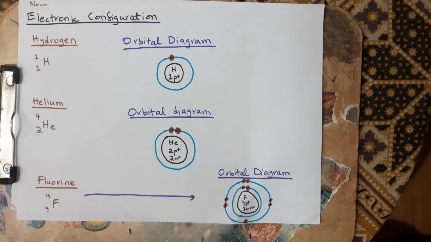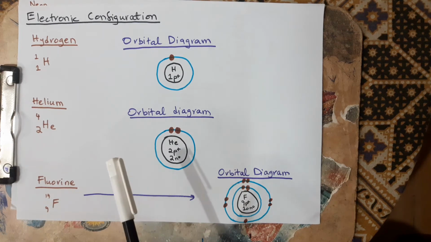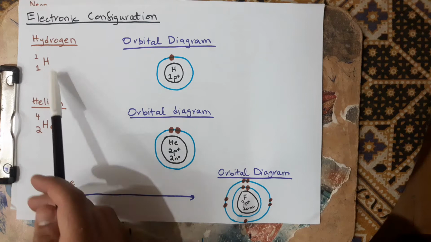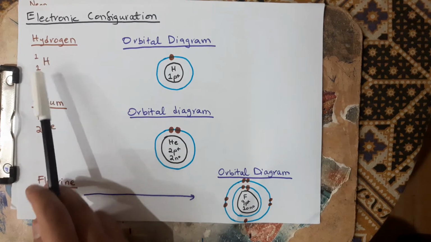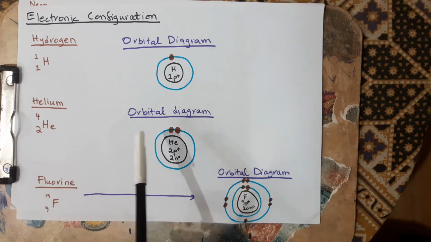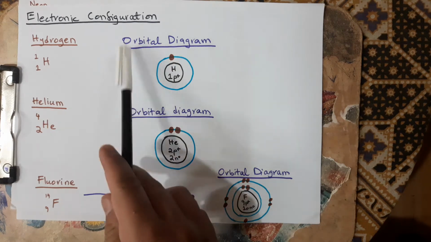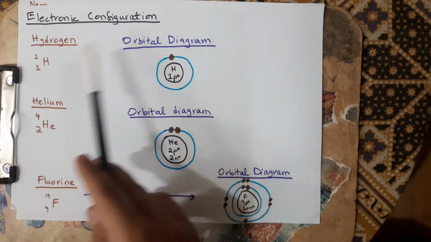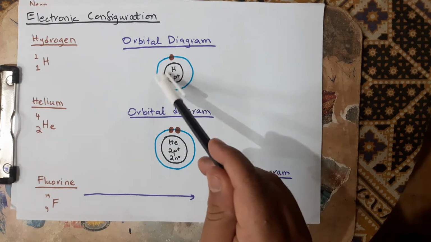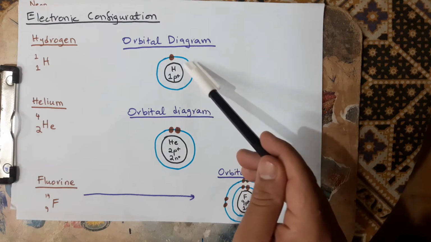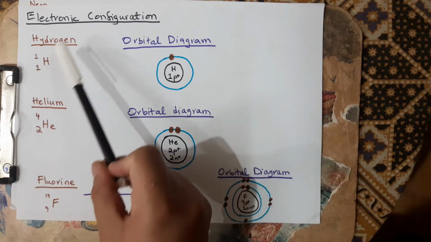If you are given to draw the structure of certain elements like hydrogen, which has the proton number 1 and the mass number also 1, if we are asked to draw the structure of an atom, which we call the orbital diagram of the element, we'll draw it like this. First we have to draw a nucleus of a size in which we can write the symbol of the